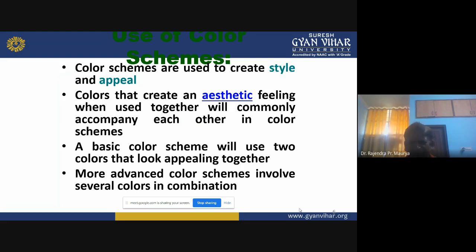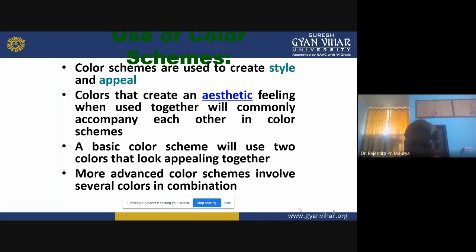And colors that create an aesthetic feeling when used together will commonly accompany each other in color schemes. A basic color scheme will use two colors that look appealing together.